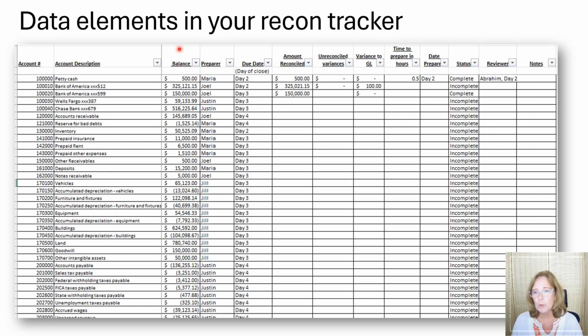So for instance, if you have new GL accounts in your new balance sheet data since the last time you updated the tracker for the month close, the preparer information will now be misaligned if you just copied and pasted the new balance sheet data. So copy the prior tab to a new tab and start by importing or copying and pasting the new balance sheet data from your ERP, and then bring in the information from the prior day's workbook tab for columns D through L into this tab with VLOOKUP formulas.